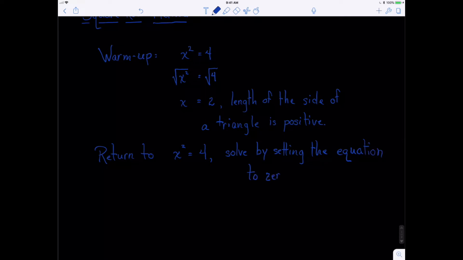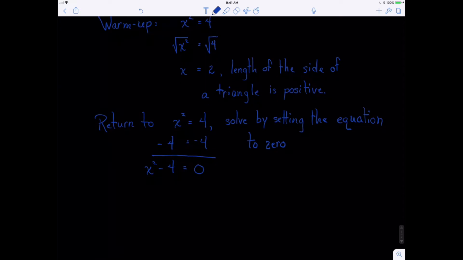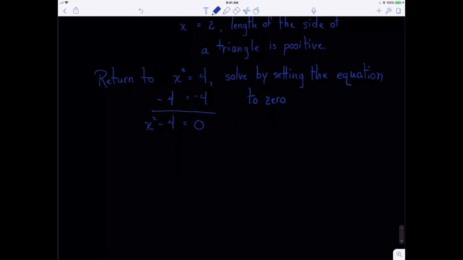Alright, well, if we do that, then the problem gets rewritten like this. I'm going to subtract 4 from the left, and I'll subtract 4 from the right. Let's clean up both sides. Now I have x squared minus 4 equals 0. And now, I know we've seen this before, this is a difference of squares. If you think of it as x squared minus 2 squared, we know that a difference of squares factors into the pattern of x plus 2 times x minus 2